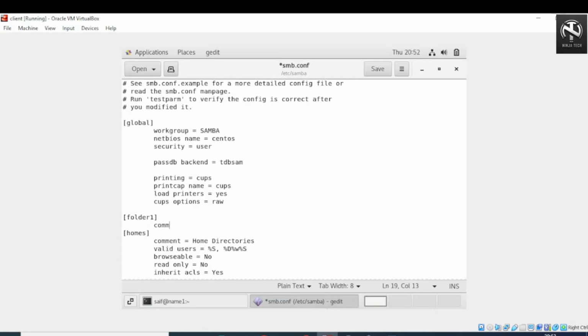Now write comment is equal to file server share. Now write path is equal to